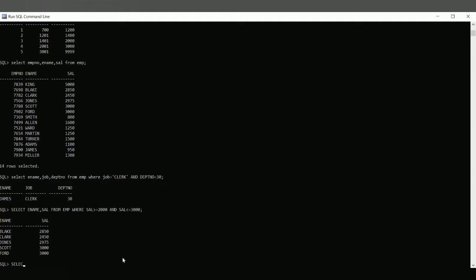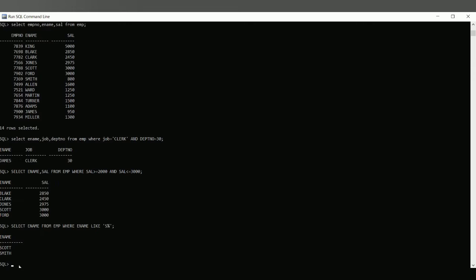The query is select employee name, which is the column name ename, from EMP, where ename like 'S%'. These are the two employees whose names start with S.